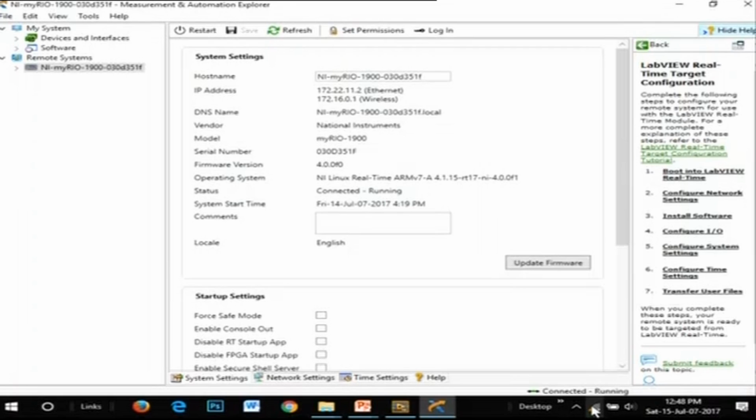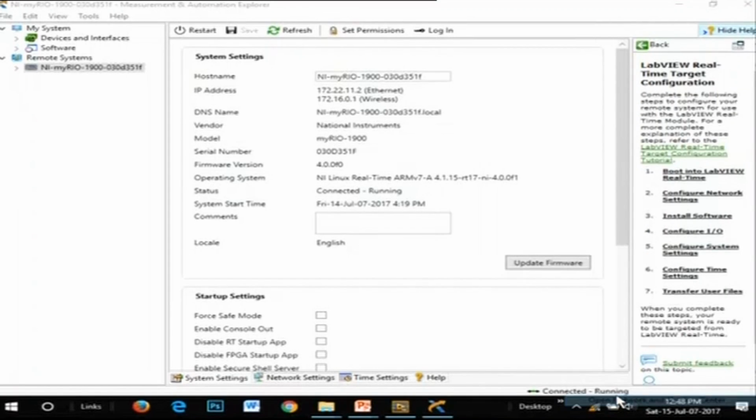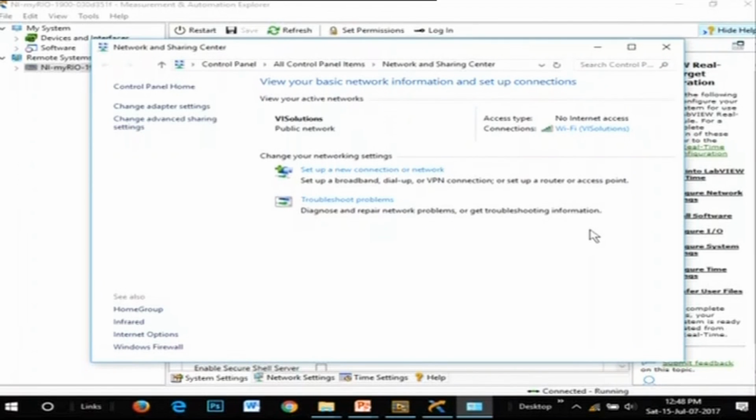What you are supposed to do is right click on the Wi-Fi symbol at the bottom, and open network sharing. In this you can see no internet access, but it is connected to Wi-Fi.